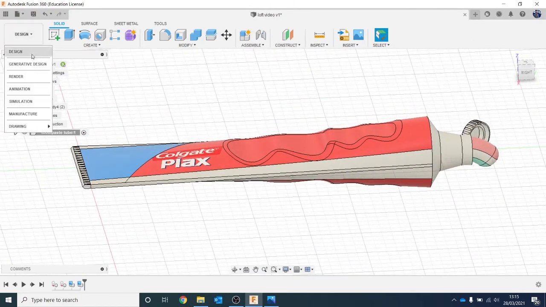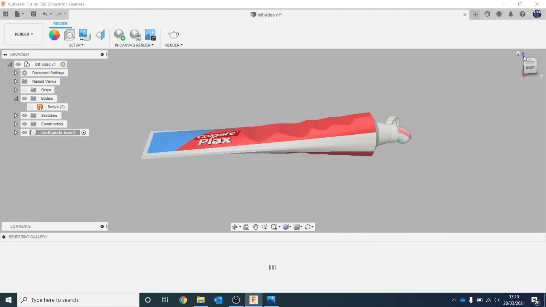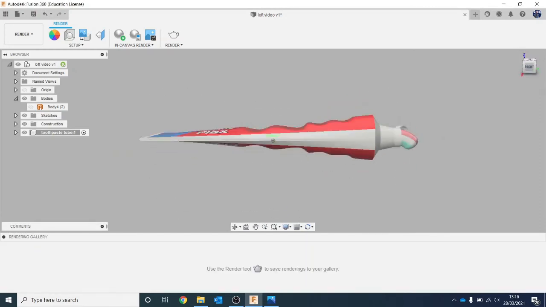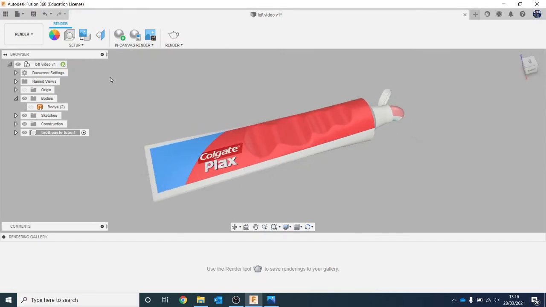So let's just go to design, render. So there you go, you can see that looks a lot more realistic. So I'd say that toothpaste tube now is done. So that is like the first part of the little project we're going to